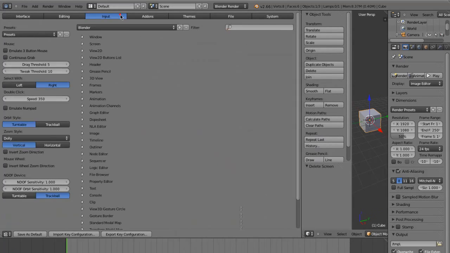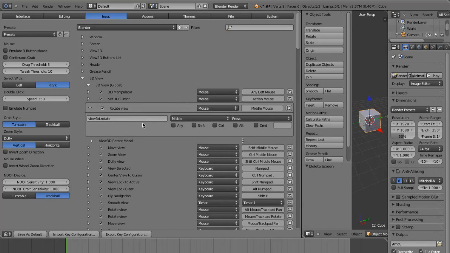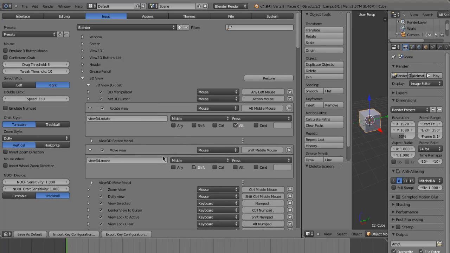In the Input tab, you can do a lot of modifications to Blender's default keyboard shortcuts and mouse clicks. You can change the way you select objects if Blender's default right-click is uncomfortable to you. You can also change Blender's default camera control by navigating to 3D View, 3D View Global, Rotate View. For example, I want it to be like 3ds Max. I will simply add a keyboard modifier, which is Alt, then continue to the Move View and remove the default